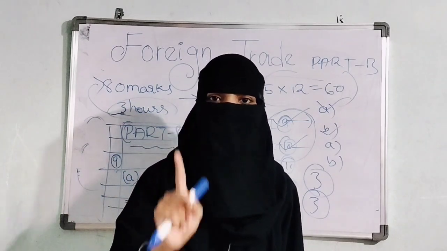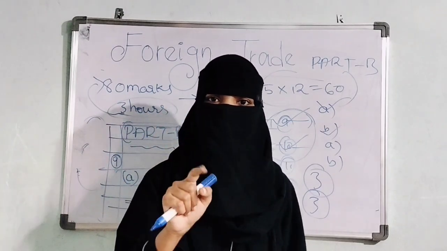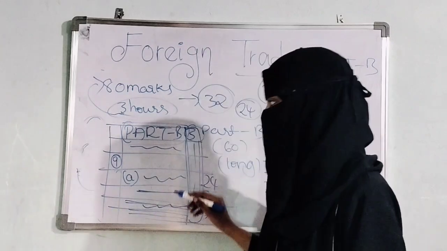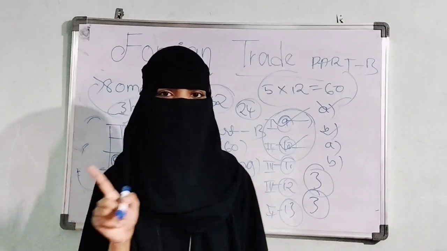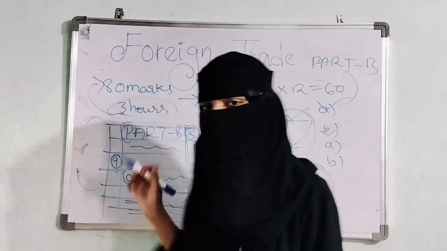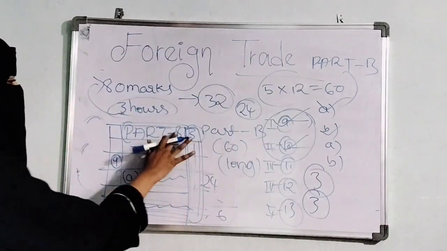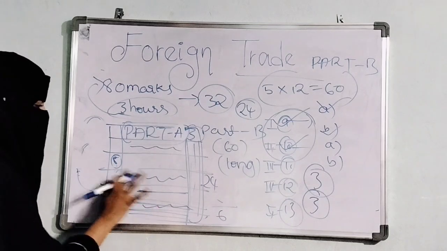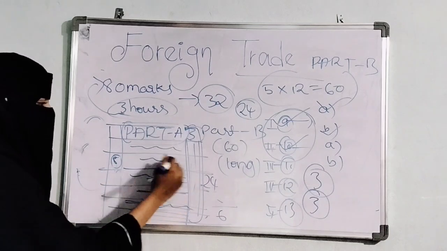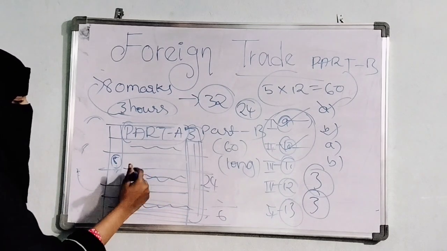Use black pen. Black pen only should be used. And to gain passing marks, I have told you the trick, no? So this is the paper presentation. After completing part B, you come to part A. If you are attempting the 8th question, you write 8 here and start writing the answer from here. Don't write the answer from here, okay? Start writing the answer from here.